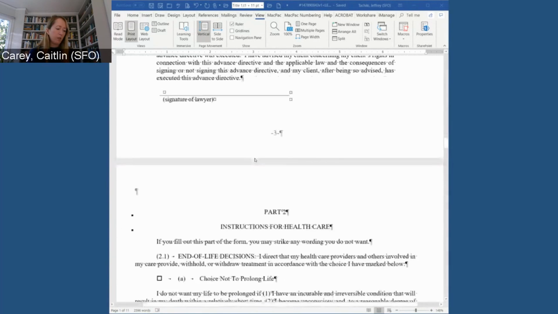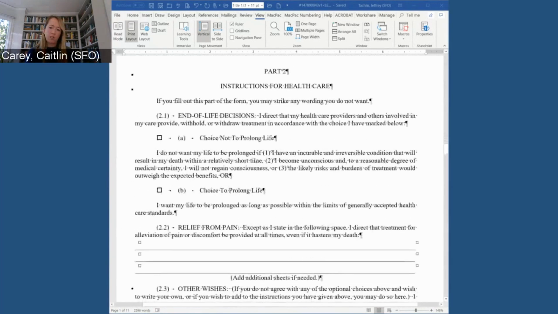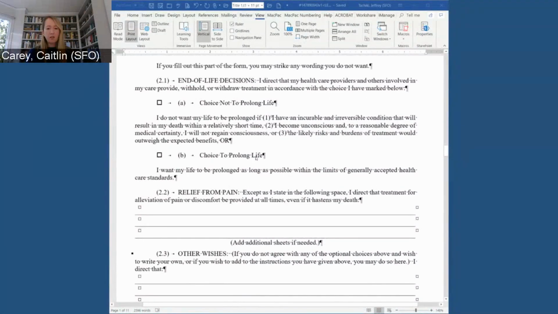So flipping over to page 4 now, part 2. This is the life support question, essentially. I know that for the most part I'm speaking to healthcare providers, so I'm not going to go into this in depth. I think most of you probably have thoughts on this subject already, but essentially, if you are terminally ill,